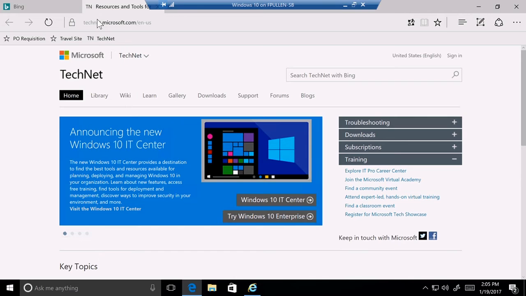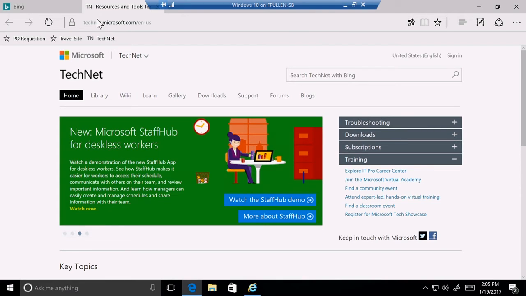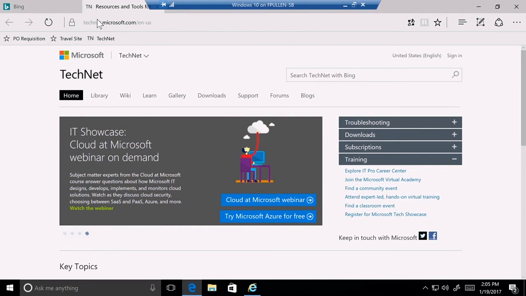Now, I don't want to get across the idea here that IE11 is not secure. But the fact is, because we're running it in 32-bit mode, because we're running generally with ActiveX controls, we're running it outside of App Container. App Container is a feature in Windows 8 and higher that really provides more of a sandbox for your browsing environment. But the bad news is App Container is not compatible with most ActiveX controls. It's not compatible with all but the latest couple of versions of Java. It's not compatible with all but the latest version of Silverlight.